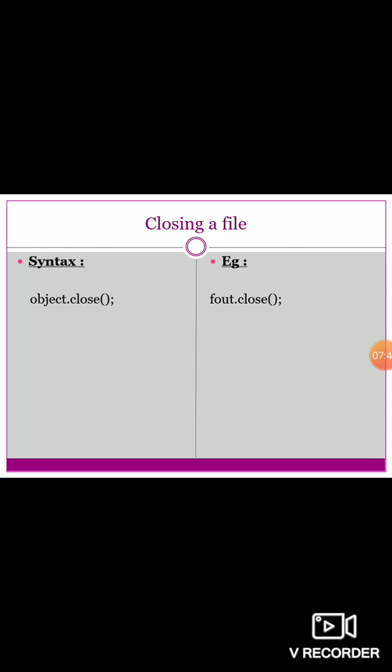Once this member function is called, the stream object can be reused to open another file. Clear? एक बार ये फाइल को क्लोज कर दिया, now I will use that fout object to open the second file also. Correct है? Because इसका scope खत्म हो गया. Now I will use that fout object to open some pqr.txt file also, and that file is available again to be opened by other processes. So in case an object is destroyed while still associated with an open file, then the destructor automatically calls the member function close. Okay.